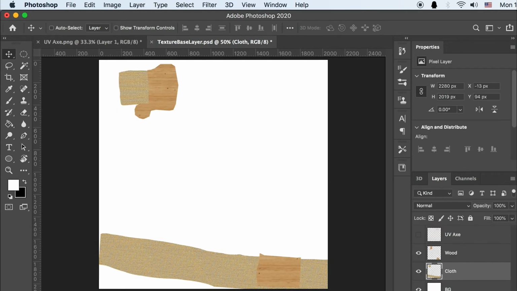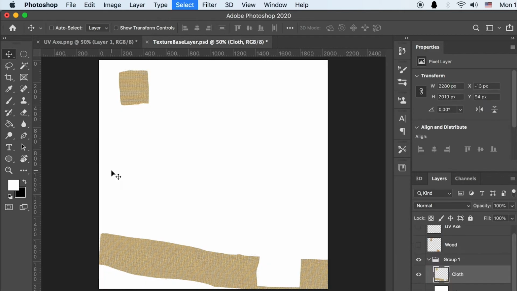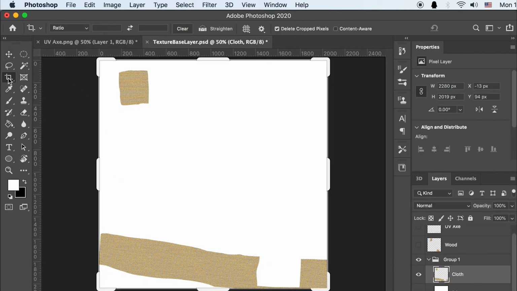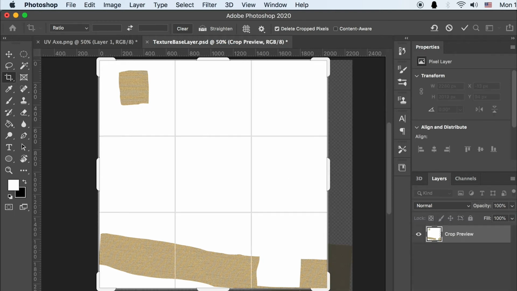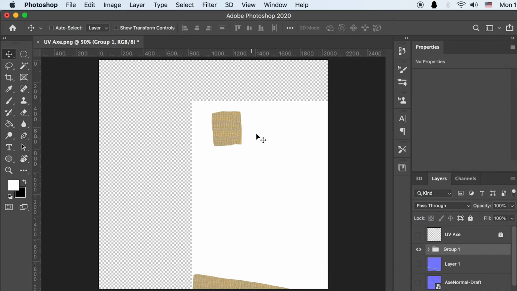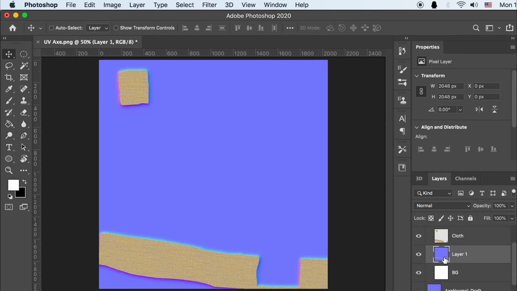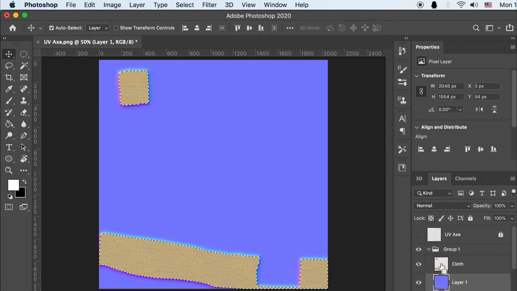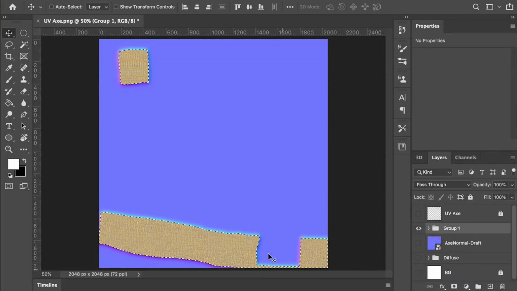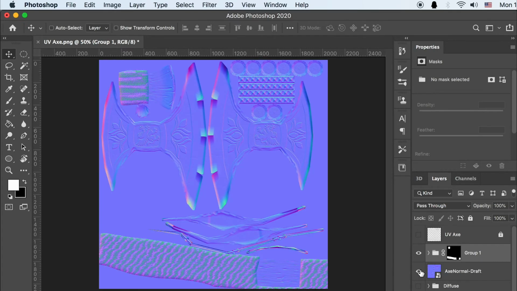And then here we're going to go back to the texture base layer, and we're going to make this cloth texture, use the crop to crop the whole image, so make sure we don't have anything outside of the frame, and then drop this whole thing to our texture file, and we're going to use it as a mask to delete the outside area of the texture normal map. Here we go. So basically, by doing this, we will crop out the outside cloth area,